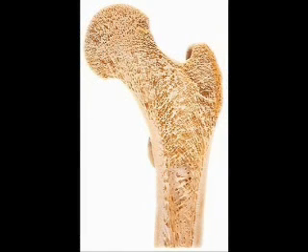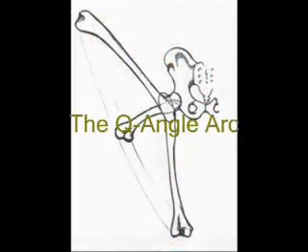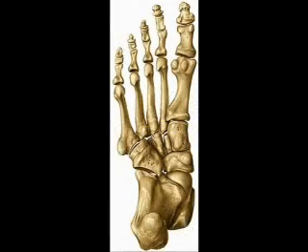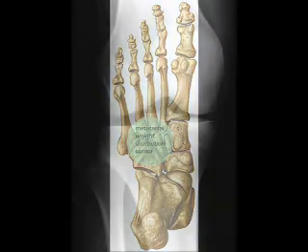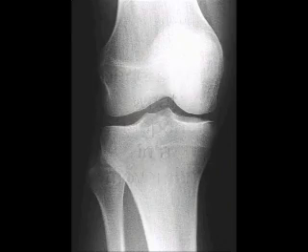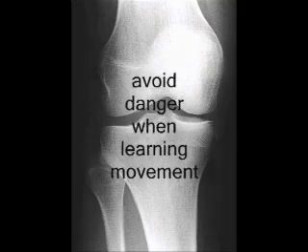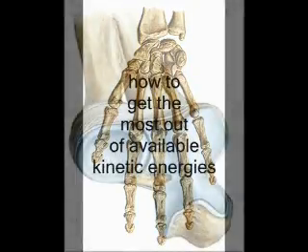The human body is already a concept, a solidification of evolutionary mistakes and successes, and remembered gestures, thoughts, and feelings. Studying its architectural design allows the development of a conscious awareness of what is happening inside us as we move. Thus, the Axis Syllabus provides a neutral starting point for the practice of any or all other movement disciplines by supplying the mover with a fund of practical knowledge that can be used to understand what is happening in a movement, what to do to avoid danger when learning that movement, and how to get the most out of available kinetic energies.